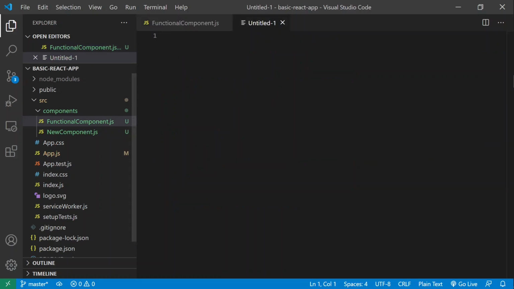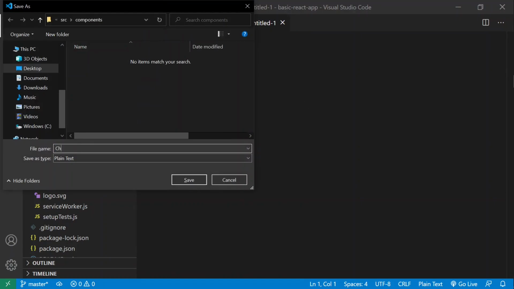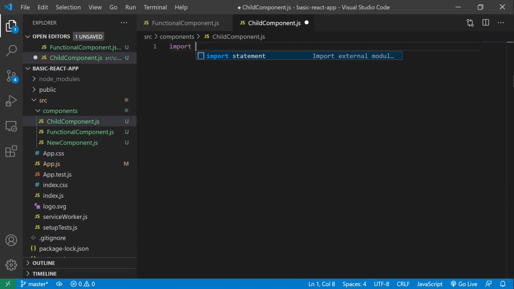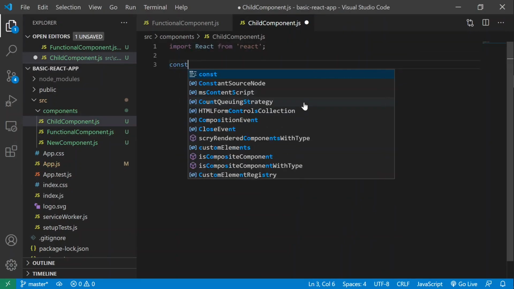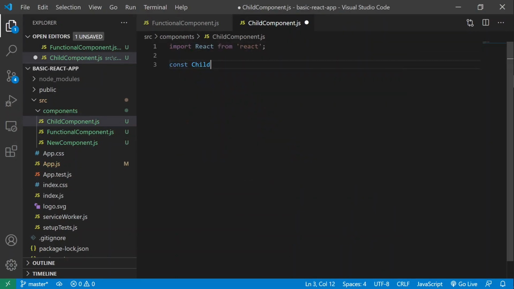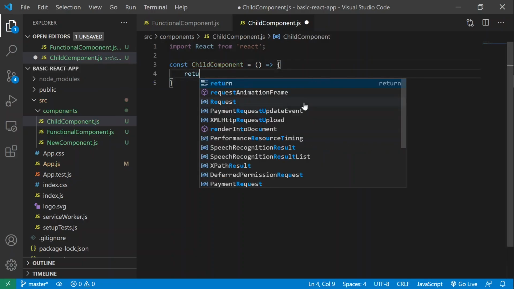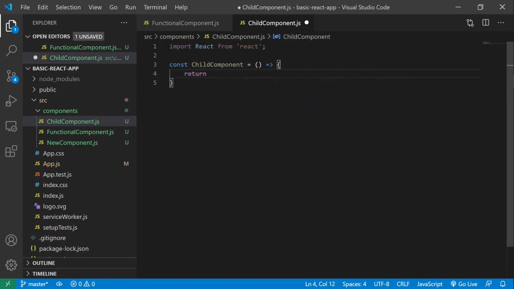Let's create that. Open a new file, save that as child component.js, import React, define a function, return JSX, export it.